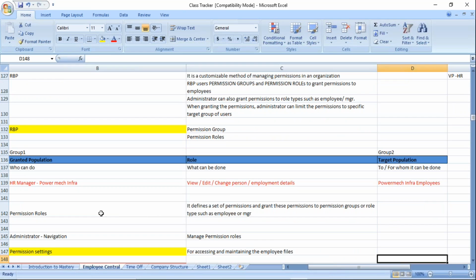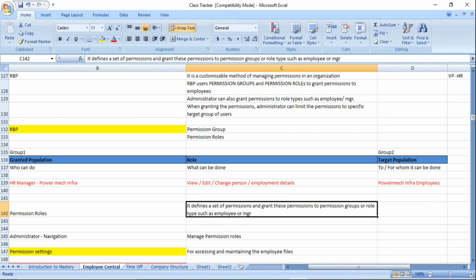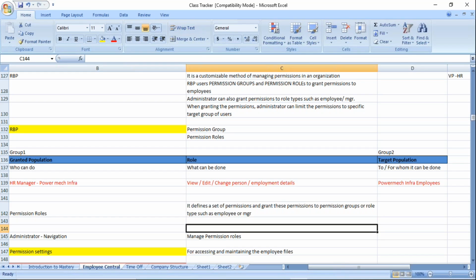Again, permission roles. Permission roles, as I told you, define a set of permissions and grant these permissions to the permission group or type, such as employee or manager. That is specifying the permission role. Okay, navigation means in the admin center we have to go to the